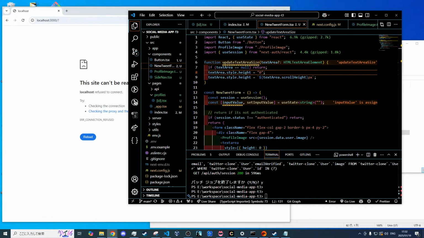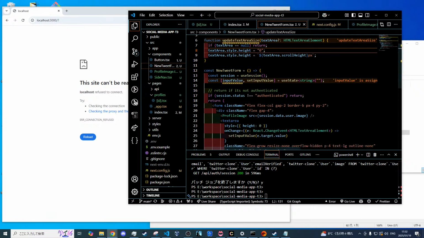Now, the first thing you may think of is, okay, we just throw down a simple use effect, just like this, and this use effect is going to change on our input value, and we can just pass into here this function, and then we can get whatever our text area is, just like this. And that text area